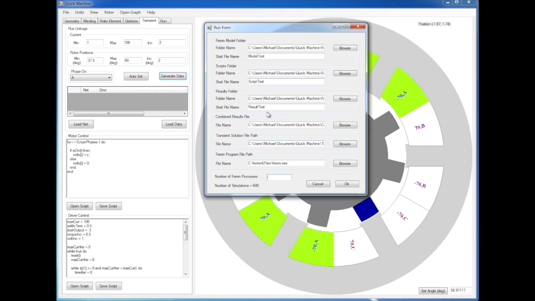Once you hit the OK button, a number of static solutions are going to be generated, and this is telling you where all of your files and folders are going to be saved. This run form is the same as the optimize run form. It creates a series of FEMM models, each one of them stored in here. It creates a series of